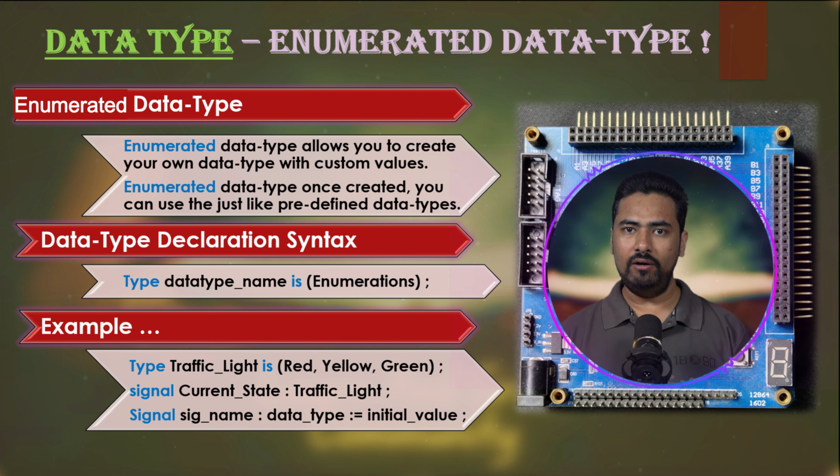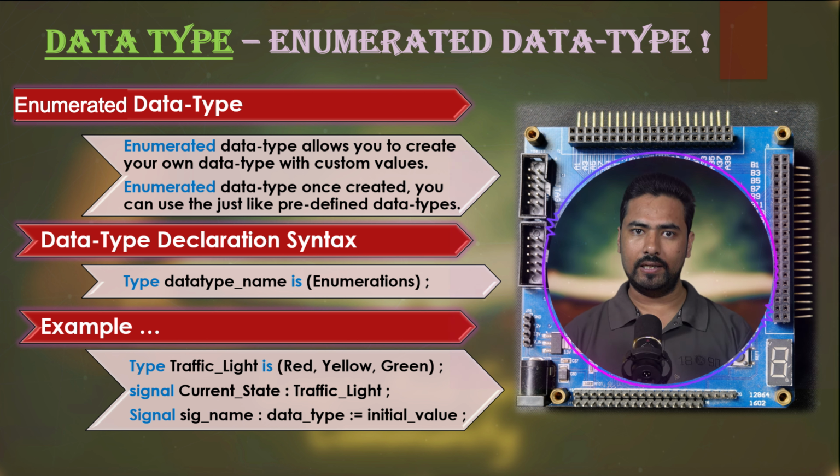Okay, once we define our custom data type as an enumerated data type, the next step is to use it as a signal type. This means that we need to declare a signal with this data type named traffic_light. Like the other examples, this also can be declared with and without an initialized value. The first example is declaring the signal without initializing the value. The syntax is signal, signal name, colon, traffic_light, semicolon. For example, signal current_state : traffic_light; Here, current_state is the name that we chose for our signal, and traffic_light is the enumerated data type which we have defined earlier.